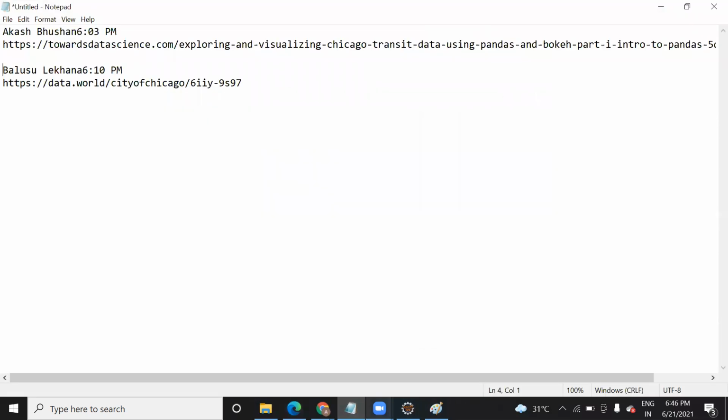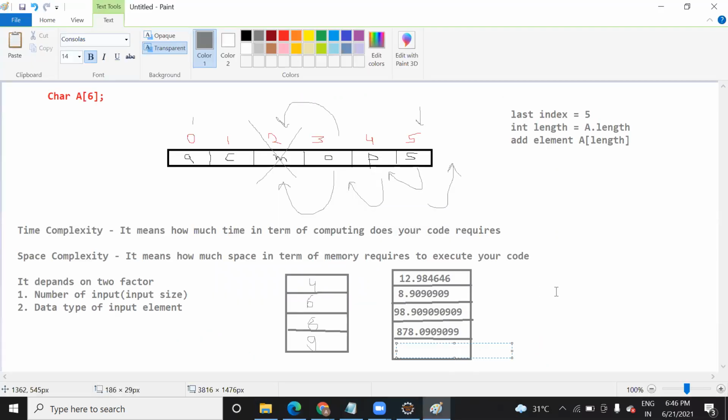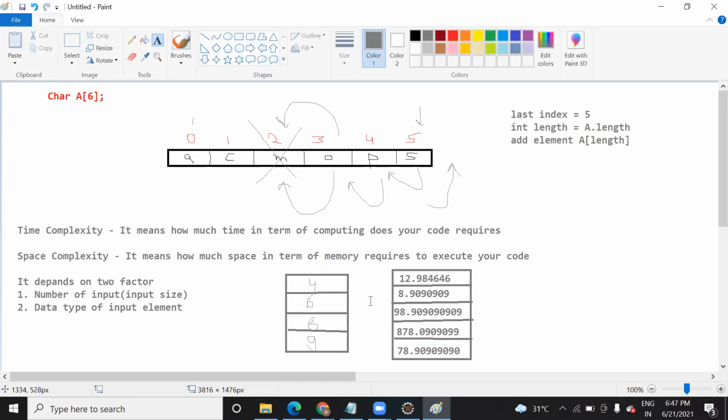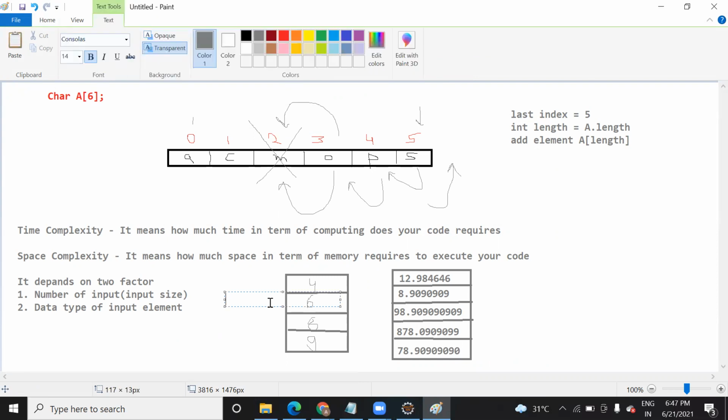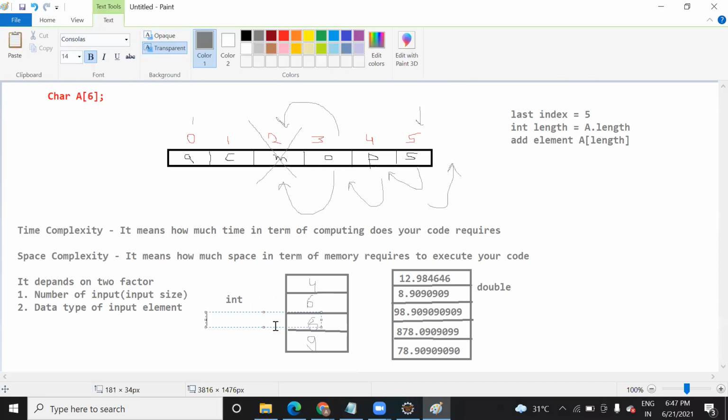Here you can check it. When I was explaining, I told you, suppose you have a number like this. Now you tell me, this is your integer data and this is your double data. How much space will they occupy? The number of elements here is 4. Each occupies how much space? 4 bytes.